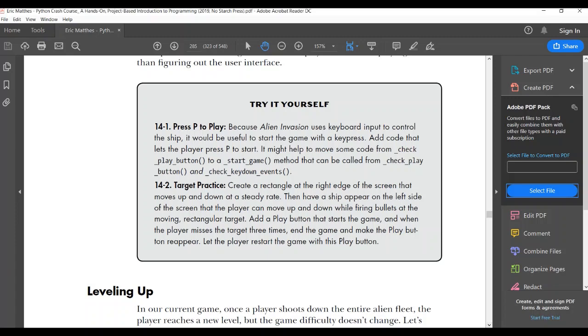Today I will take you through the second Python game I did, which was a simple game. The goal of the assignment was to create a rectangle at the right edge of the screen that moves up and down at a steady rate, then have a shape appear on the left side of the screen that the player can move up and down while firing bullets at the moving